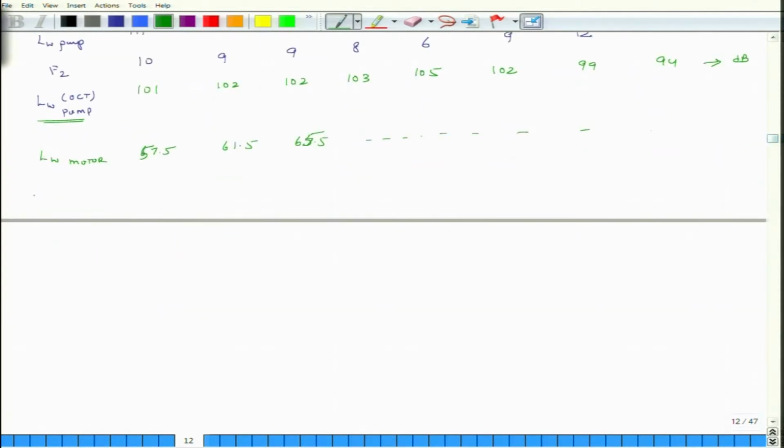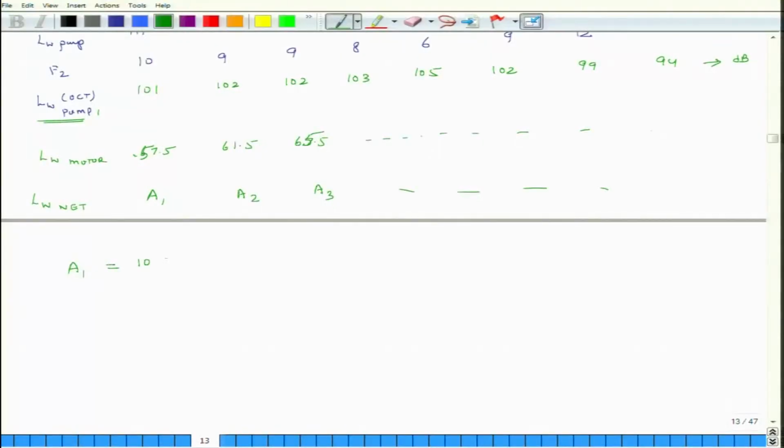Now I have to compute LW net for each octave band. There is some contribution coming from the pump in each octave band and some contribution coming from the motor in each octave band, and I have to compute the net. So how do I do that? Let us call this number A1, this number A2, this number A3, and so on and so forth. We will just do one computation to show you. So, A1, I cannot just add, as I told earlier, 101 plus 57.5 is 58,